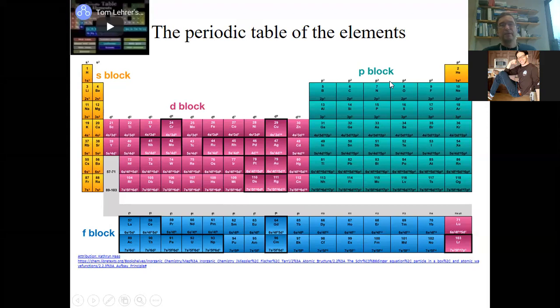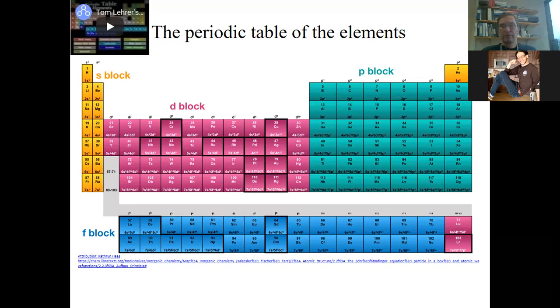So you see here the periodic table of the elements, and the periodic table of the elements can be explained by the Aufbau principle and the quantum mechanical model of the electron. I should say here that the periodic table of the elements was invented a long time before the quantum mechanical model of the electron